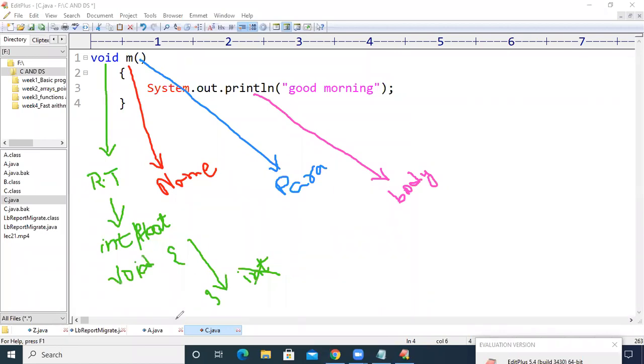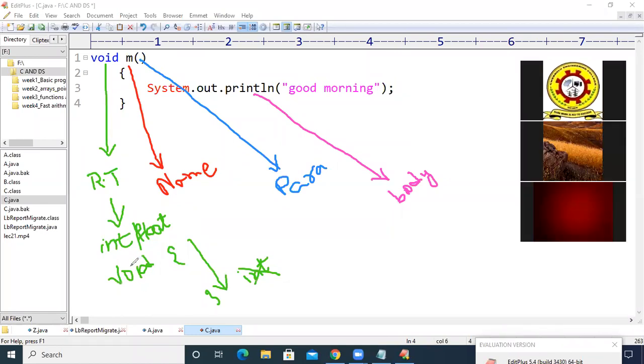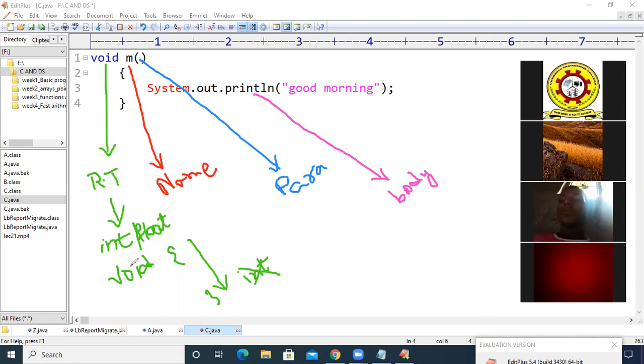So void tells the compiler that this method is going to return nothing. Int tells the compiler this method is going to return an integer value. Float tells the compiler this method is going to return a floating point value. So this return type may be int, float, character, or something else.